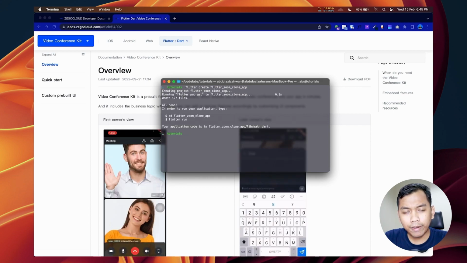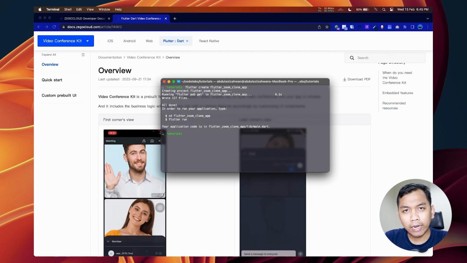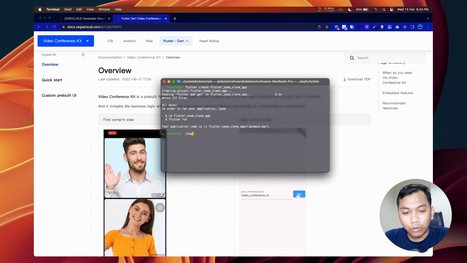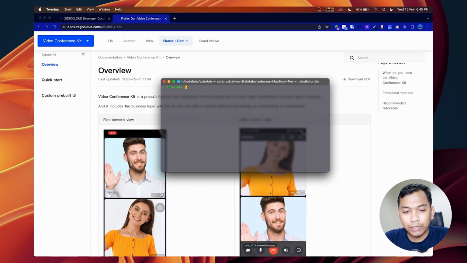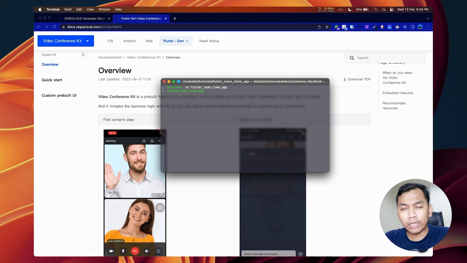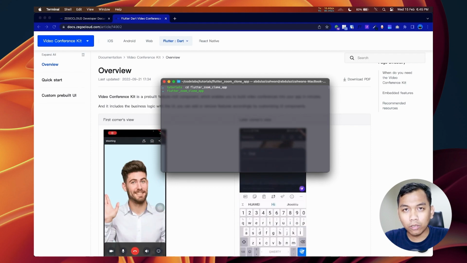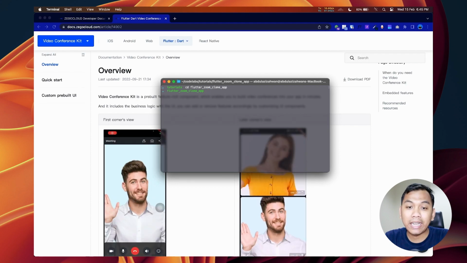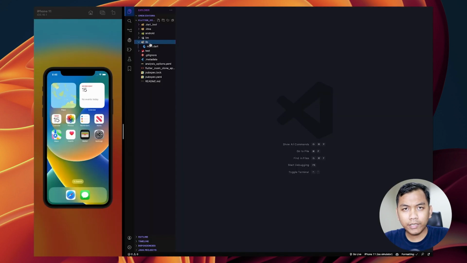Alright, we have created a new Flutter app with the terminal. The next step is we need to open our project with Visual Studio Code, or you can use your favorite IDE. Alright, so this is our Flutter project.